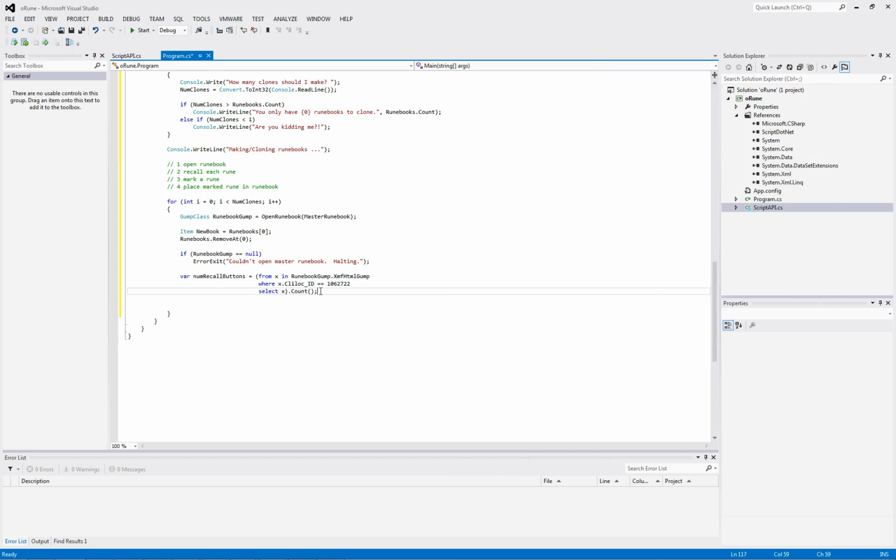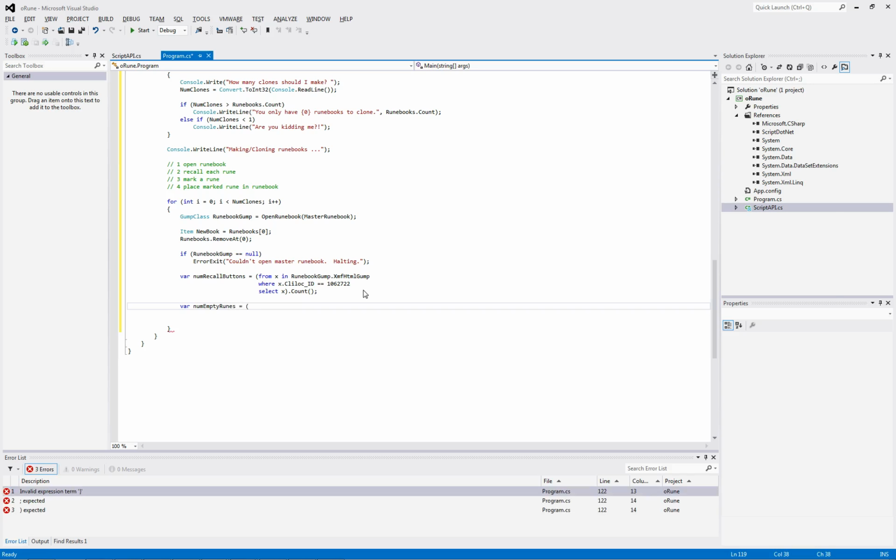So we have the number of recall, the total number of recall buttons in the runebook. And then we'll do number of empty runes. We'll do g in runebookgump.text